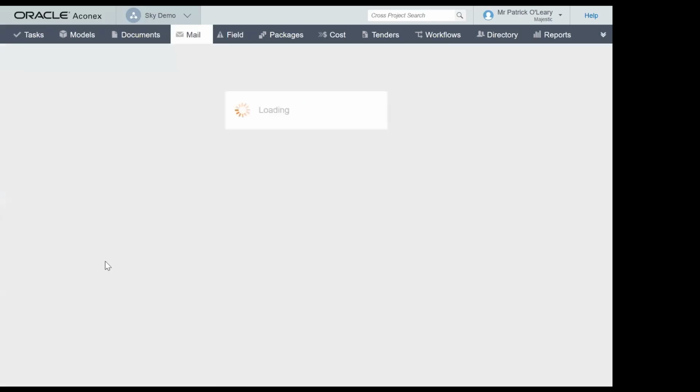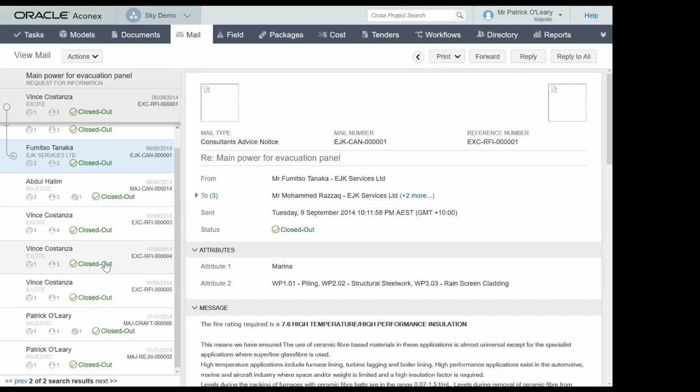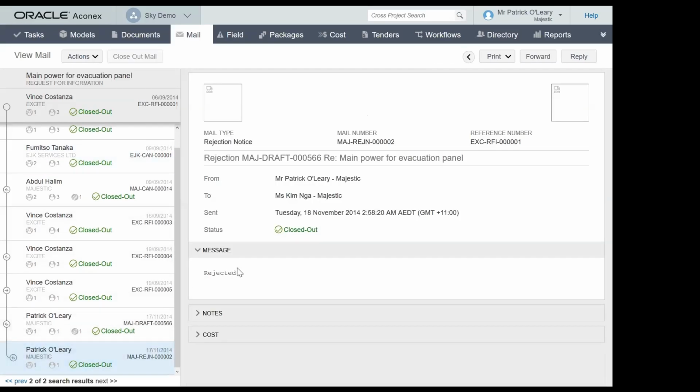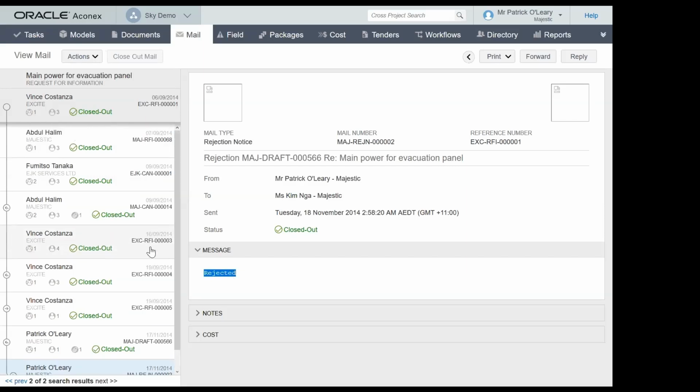And all that correspondence is required so that you can solve disputes or even use the new drawings, for instance, if they've been issued to do maintenance. So here, we've scrolled down all the way from 5 years ago until when this was completed, and eventually this query was rejected by the project manager. So we've got a complete audit trail, a complete record of what actually happened in this piece of query.